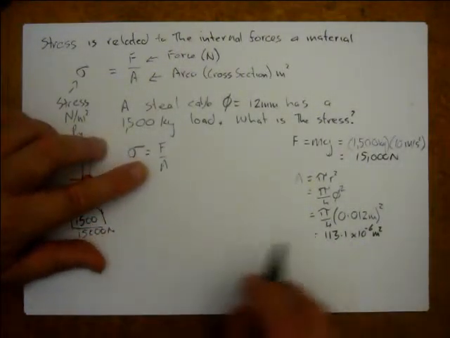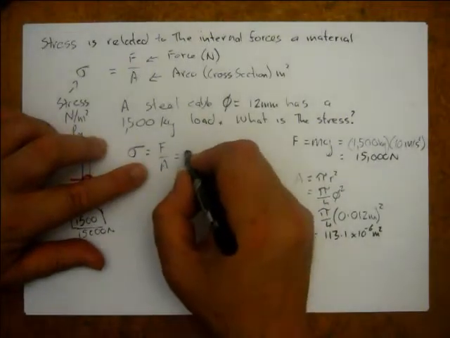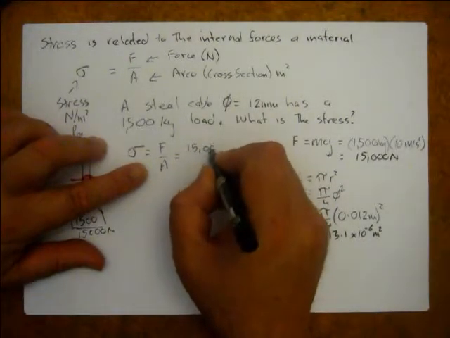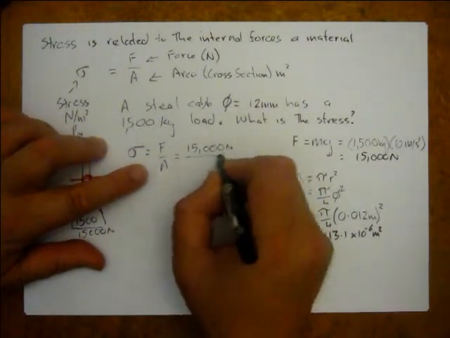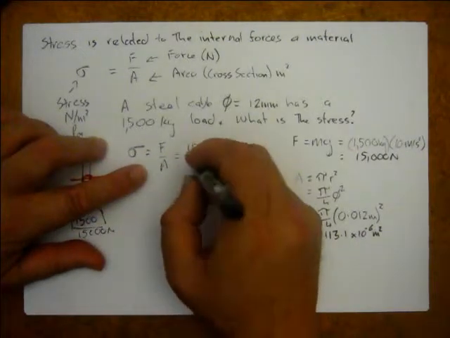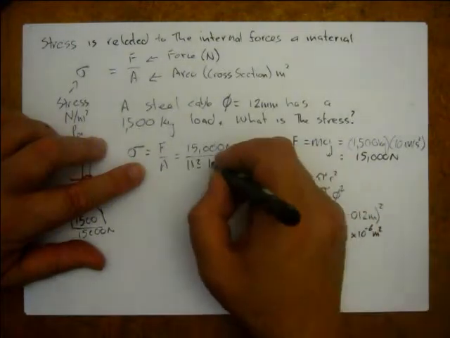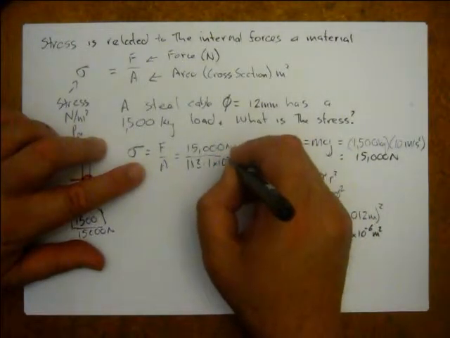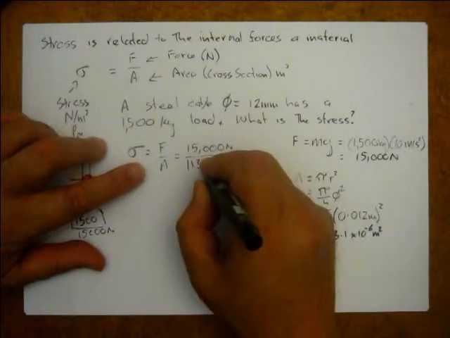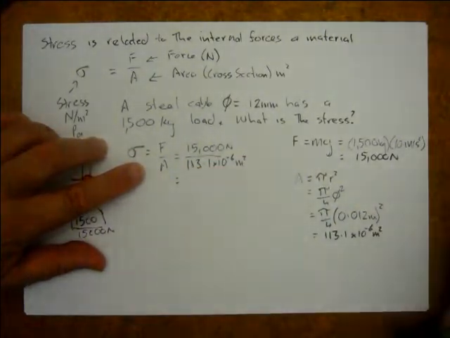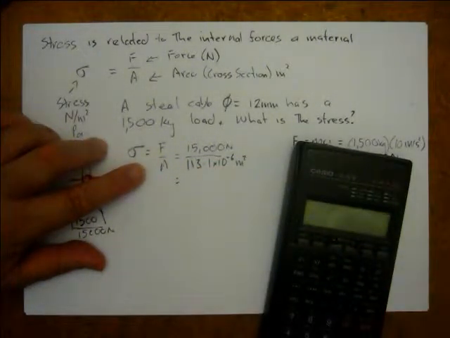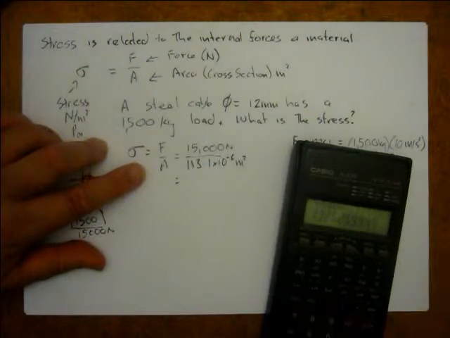Now we just feed these numbers in, so the stress equals 15,000 newtons over 113.1 times 10 to the negative 6 meters squared. Calculator time again: 15,000 divided by 113.1 equals